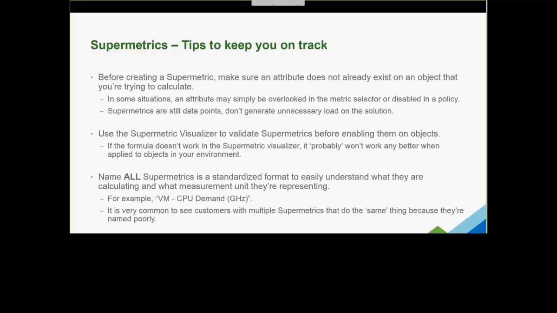So, tips to keep you on track. Before creating a supermetric, make sure an attribute does not already exist. This is something I was talking about. There are situations when you already have attributes available, and people still go ahead and create a supermetric thinking that they're not available. What you actually need to do is check the policy, and